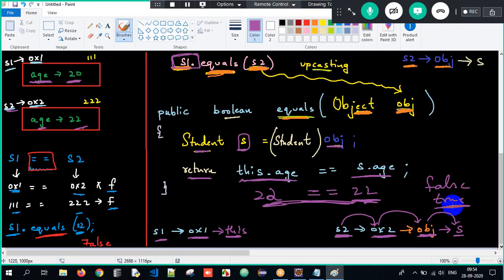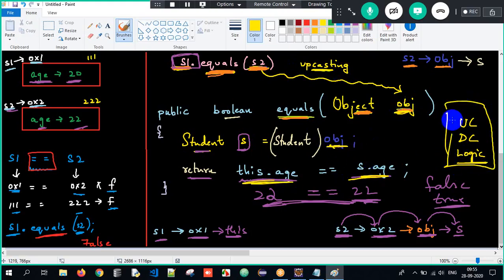I have to override the equals method. Three rules we need to follow here: upcast, downcast, and write the logic for comparison.